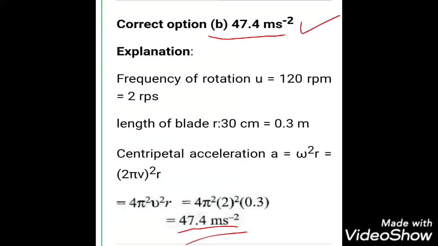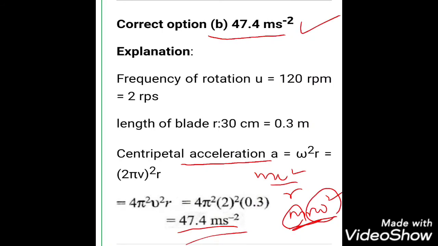You know how to calculate the centripetal acceleration. See, from the mv²/r formula we can get the m r omega square formula. How are you getting it? You know v equal to r omega. If you substitute v equal to r omega, you will get m r omega square. Here m means mass, r omega square means acceleration. So a is equal to omega square r, or r omega square, is the formula for centripetal acceleration.